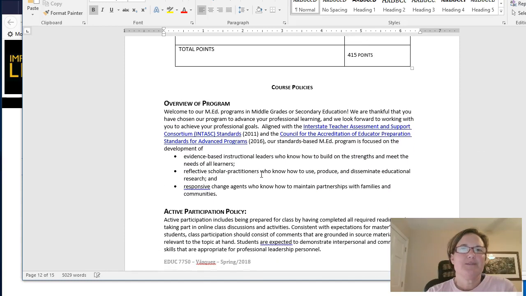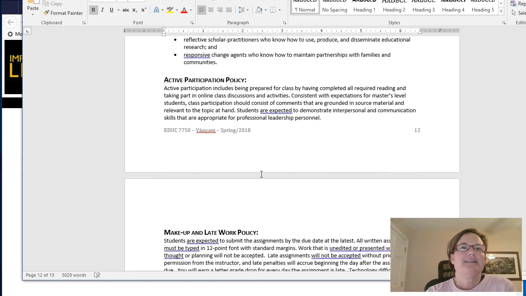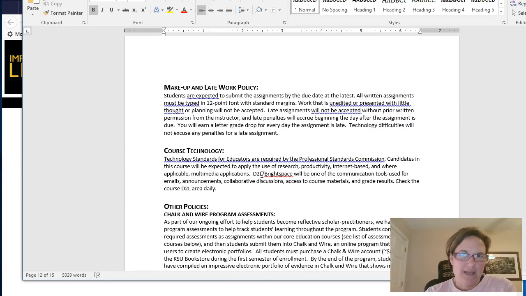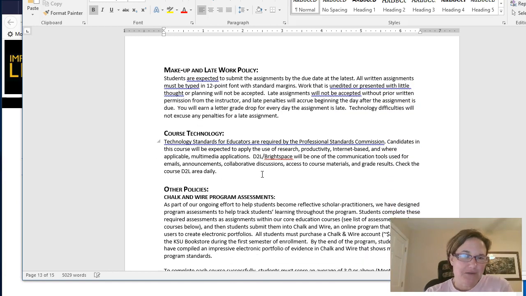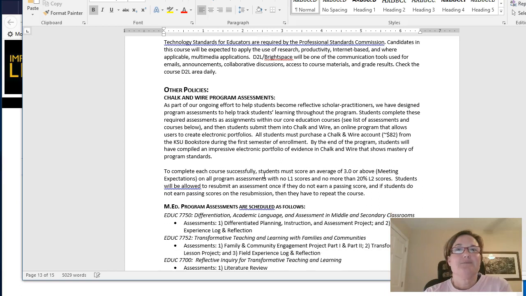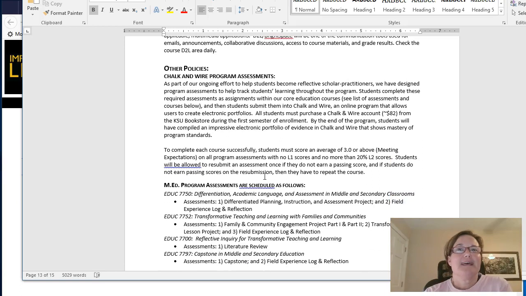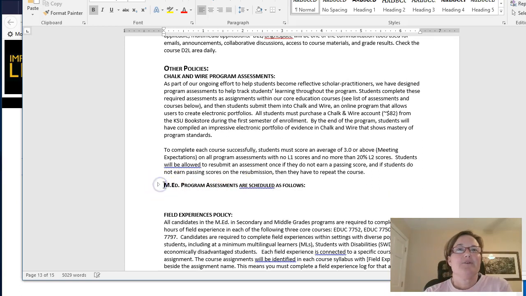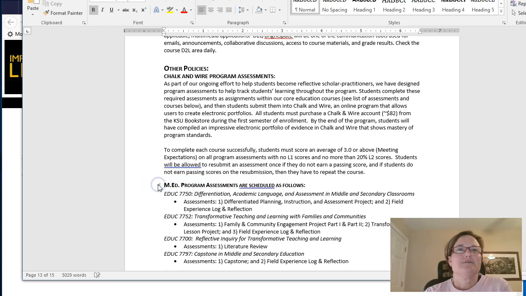And then under course policies, again, they're sort of all of the things that we have to have because KSU tells us that we have to have them, but they are very important. And the one thing that I really want to point out to you is that in your MED program right here,